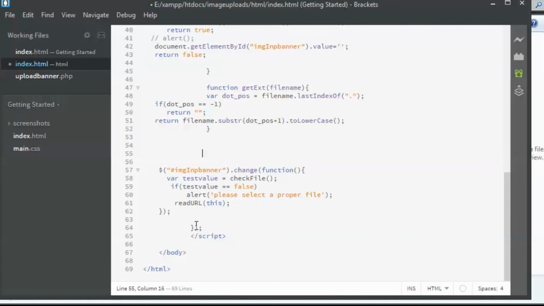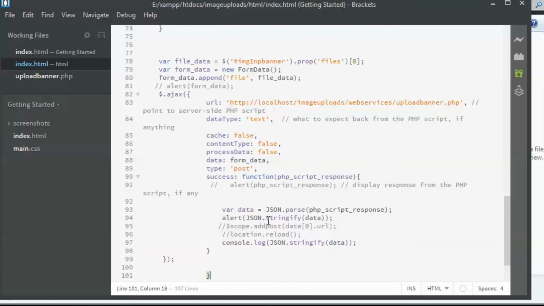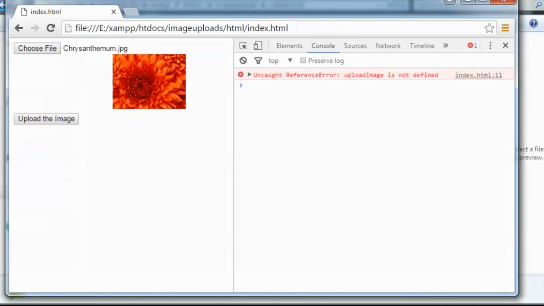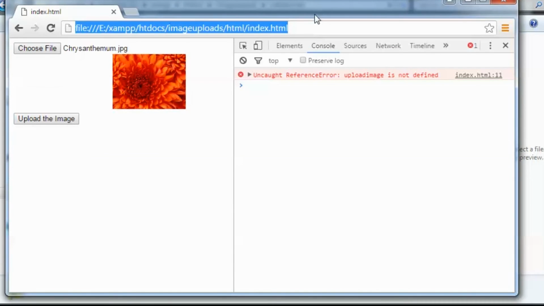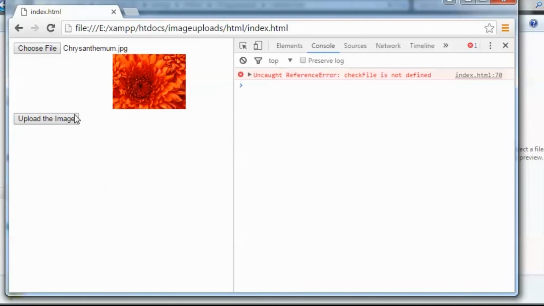I'm going to create another script tag and paste it here, because the onclick is not able to find the function properly. So let us refresh and the error should now be solved.